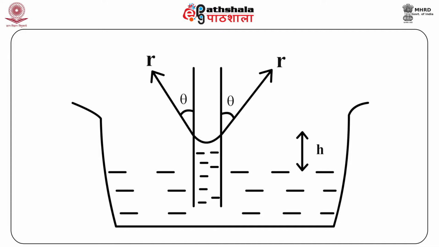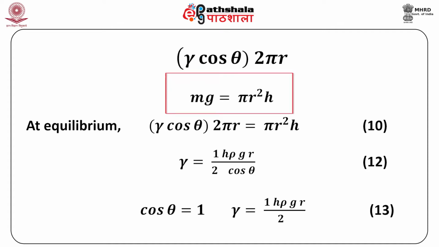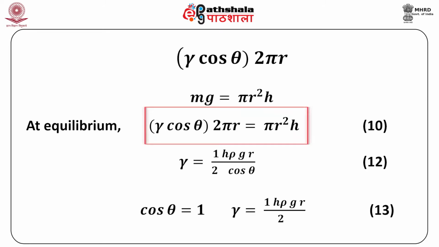From figures we see that the force acting in the upward direction is gamma cos theta times 2 pi r. This is balanced by the force due to weight of the liquid acting in the downward direction, equal to mg, which equals pi r square h. At equilibrium, we have our equation 10 as gamma cos theta times 2 pi r equals pi r square